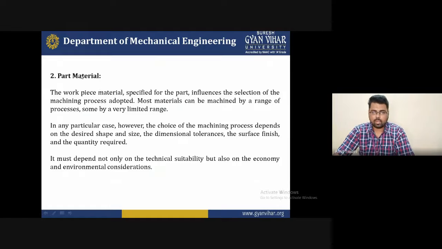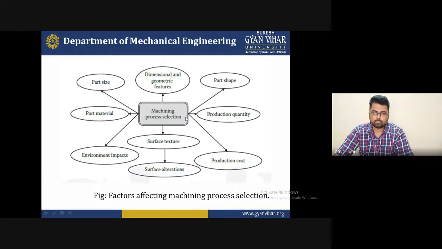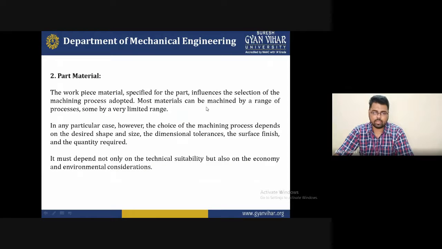Second one is the part material. I am just discussing these points for you one by one. Already, of all the factors, I'm giving some briefly once again for repetition and for your better understanding. The part material, we can say the workpiece material specific for the part, influences the selection of